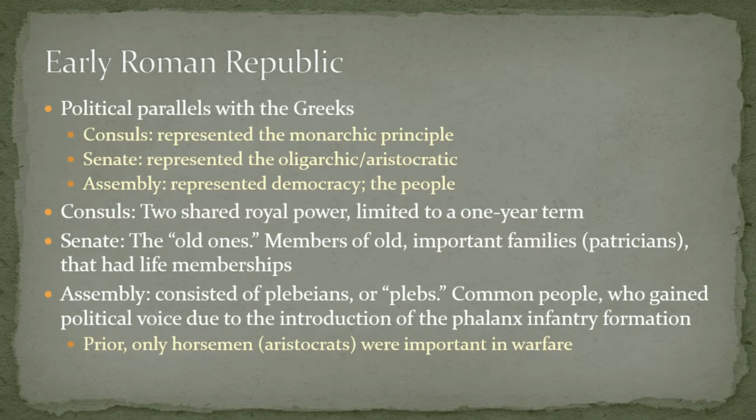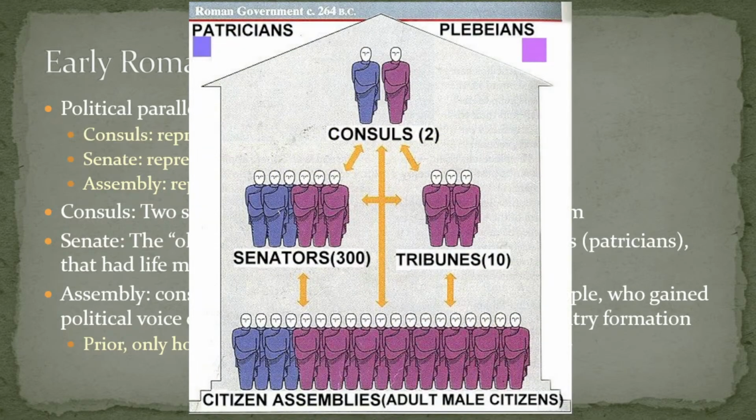Once again, here's a good diagram. Again, don't worry about the tribunes. I'll mention them briefly when we talk about some specific events. But just consuls on top, there's 2 of them. Senators, there's about 300 of them. Don't worry about the numbers either. Citizen assembly, which is just a lot of dudes. Now,